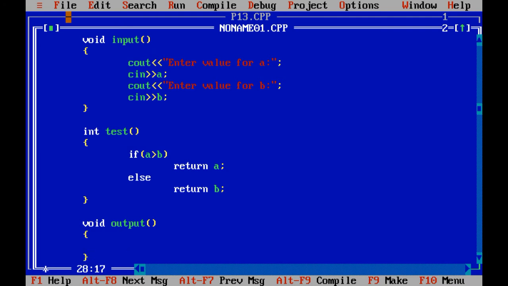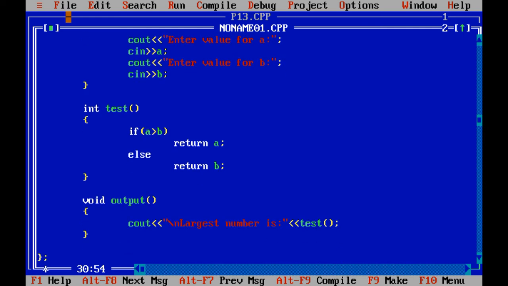Output will print the largest value: cout \n, largest number is, test function, and the bracket of the class is over.